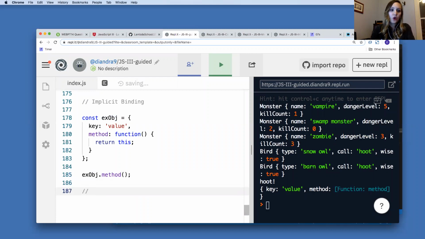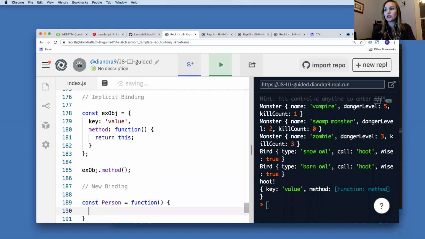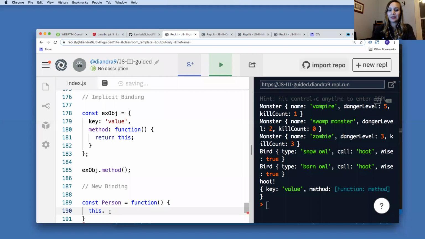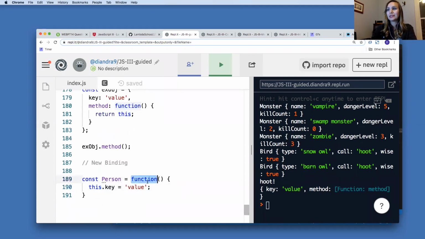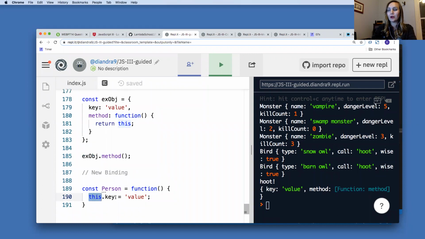All right. The next one is called the new binding. We've also worked with this one tonight. That's the idea that when we create a constructor, we can use this out in the wild. We're using the keyword this slightly differently when we are creating a constructor, because this will not be bound. Notice that this function technically exists globally. So if we really think about it, this should actually refer to the window. But if we use the keyword new, that will